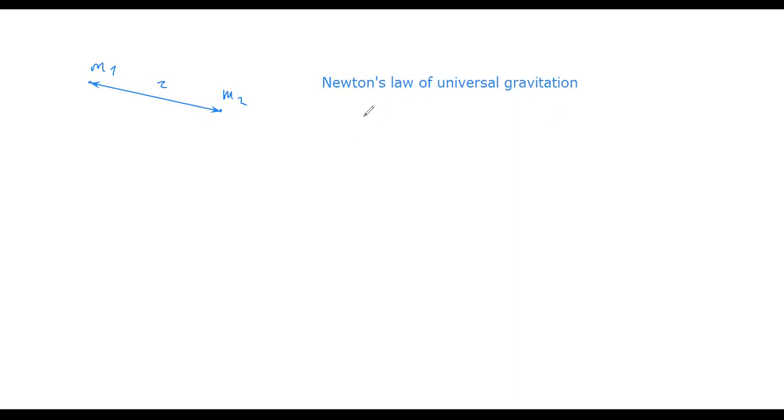According to this law, force of gravity is equal to G M1 M2 divided by R in second exponent, where G is gravity constant, and it is equal